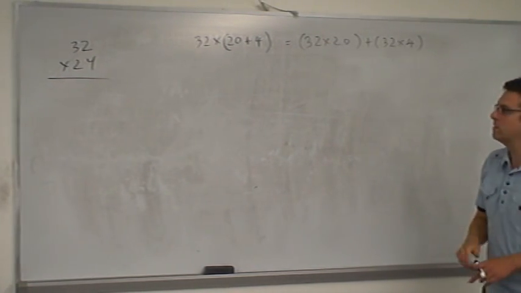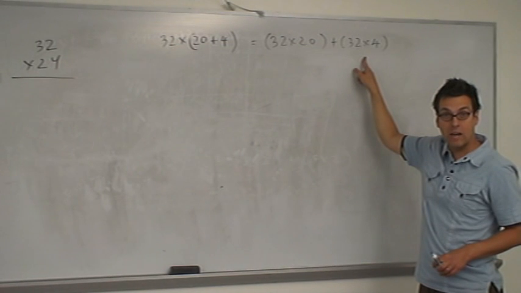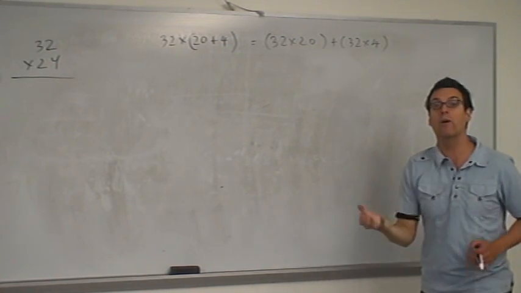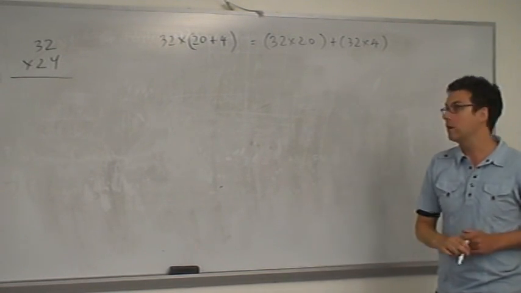The good news is, we already know how to handle 32 times 4, right? This is simply a multiplication by a 1-digit number, which we already know how to do. Okay? Now,